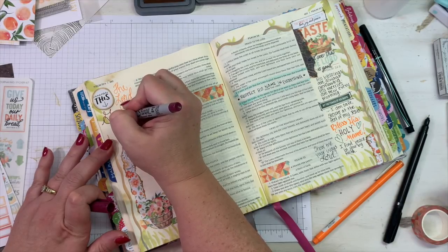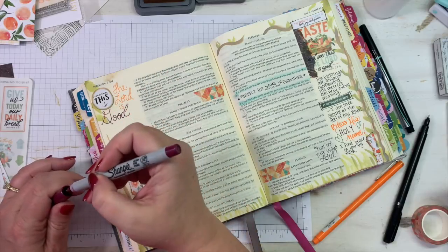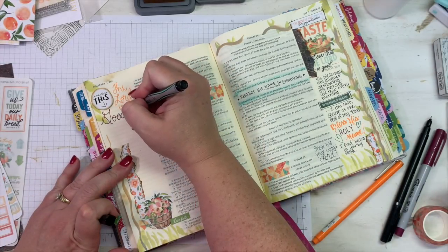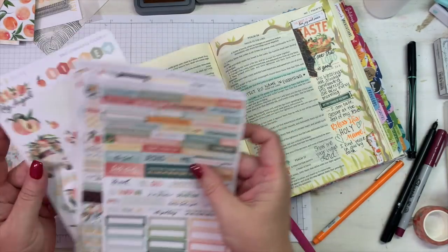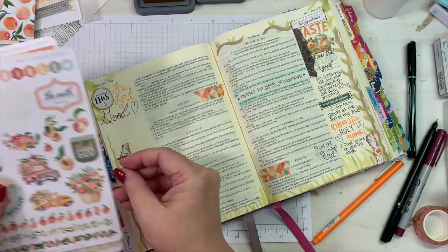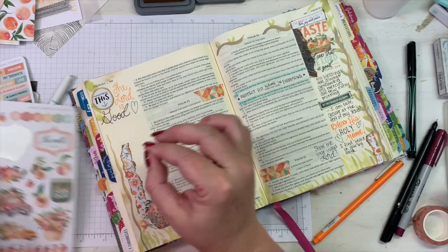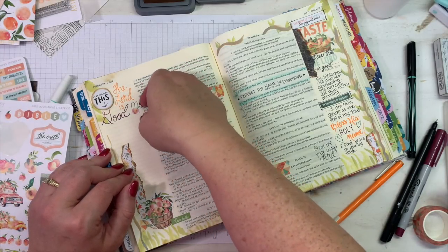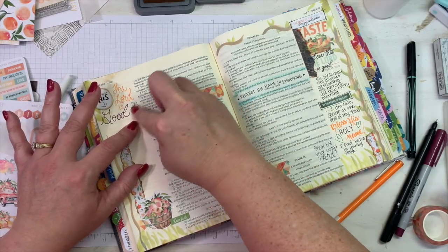When I'm Bible journaling, whatever comes to mind, that usually is what gets written down. I will go back in a minute and find another header that's in this Bible that I just absolutely love, and then I'll start journaling around that header just because it's something that popped out to me. I love going through and just writing what's on my heart, really. When I find a verse or a chapter or a book or whatever that speaks to me in that day,